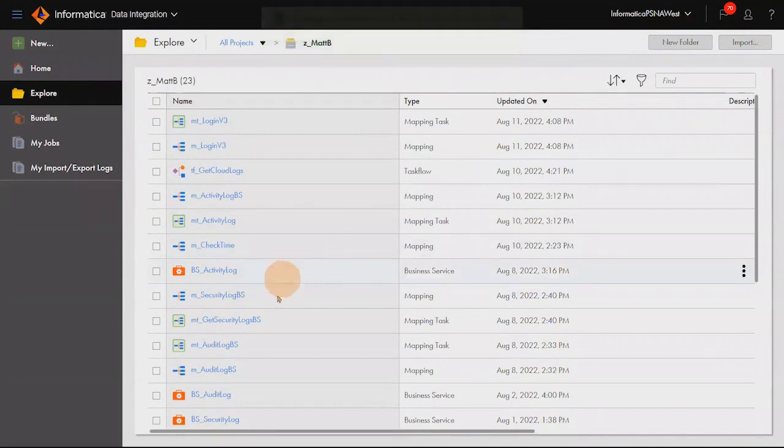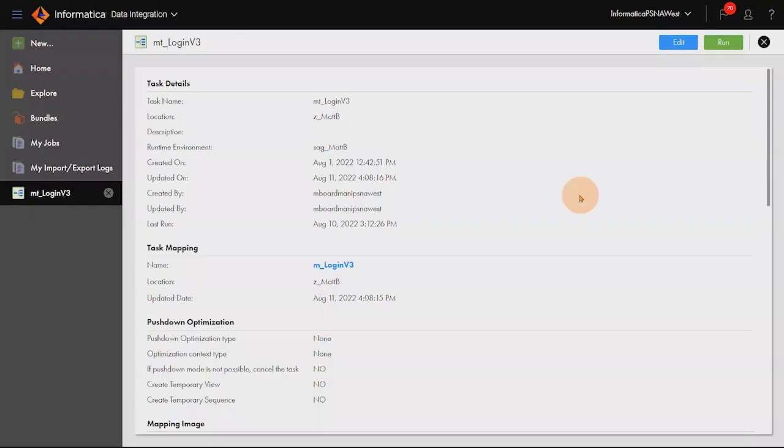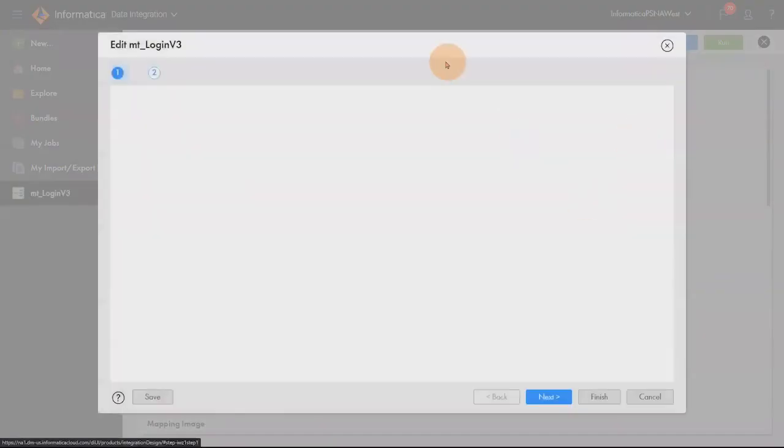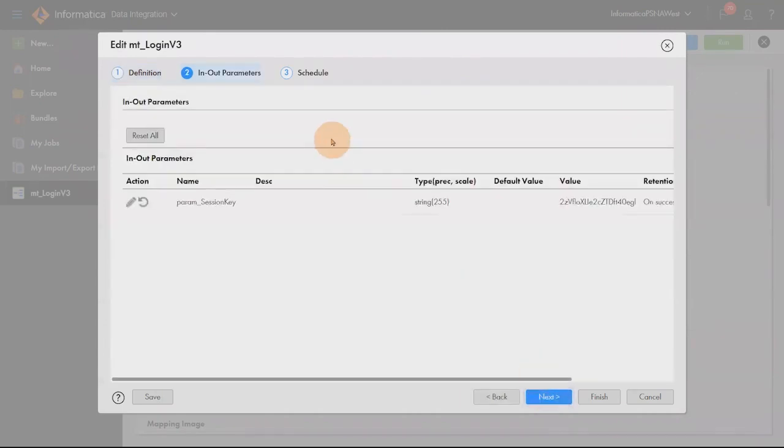Then we create a mapping task based on that same mapping. Here's the mapping task. Let's edit this so you can see what it contains. All I've done is given it a name and a folder and tell it what runtime environment I want to run. In this case, it's the secure agent group map B. This is the mapping I'm going to be using. Now we can define what the in-out parameters are. Just going to have this one. You can see it has the value of the last time it ran retained. Then in the last tab,